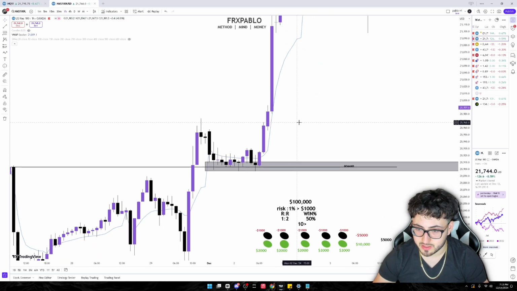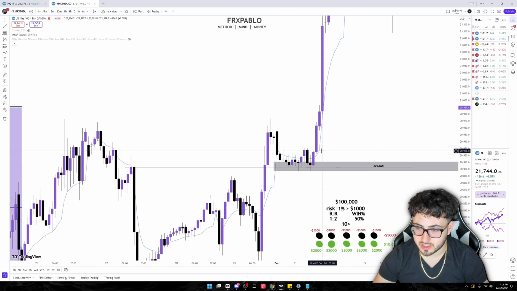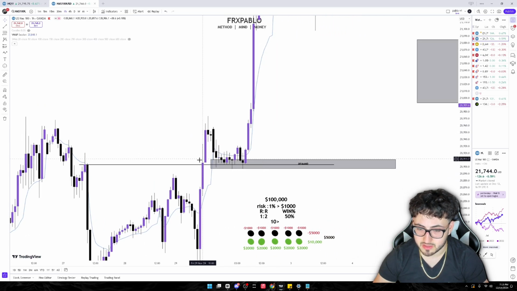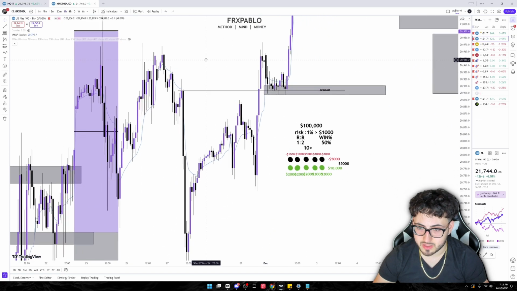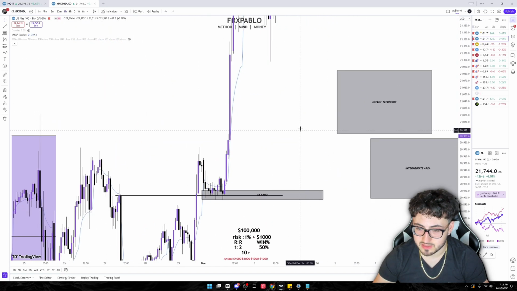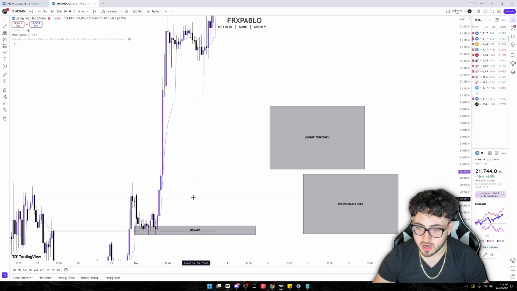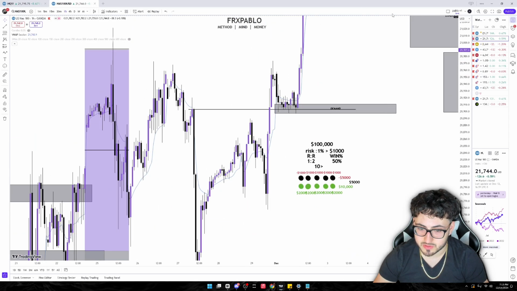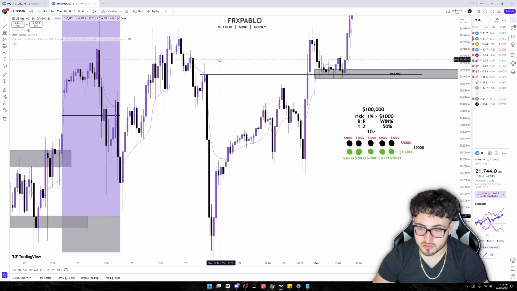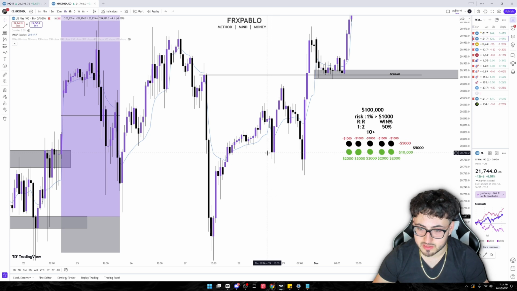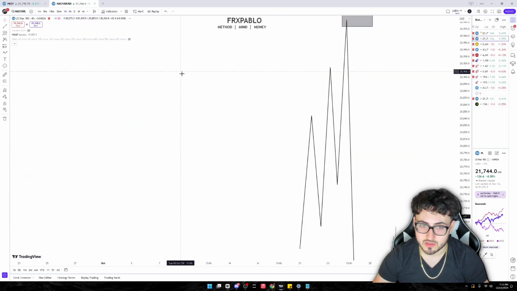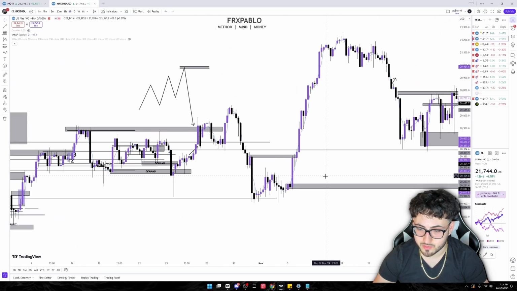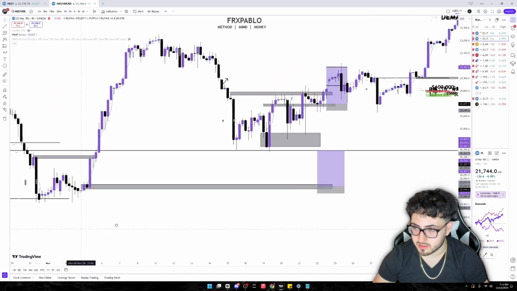But what do we have right here? We formed a level of demand right here. So the next time that I see price reach this area, I already know that it's going to be an easy buy off of this demand. Obviously, we are completely out of bounds for here, so we wouldn't have been able to execute on the position. But there are also other opportunities which we could easily capitalize off of. Okay, so if we go back on the 4 hour, I'll show you guys a good example if we can find one real quick. And let's take a look.